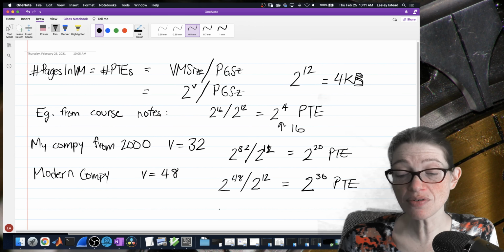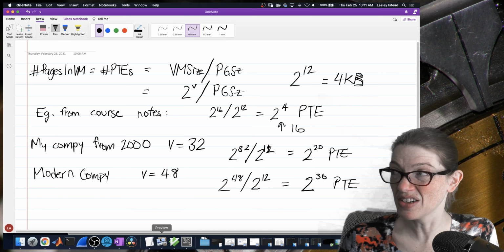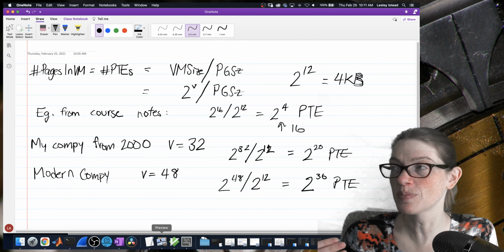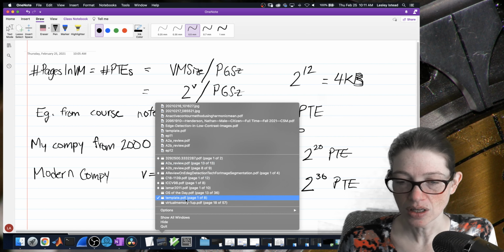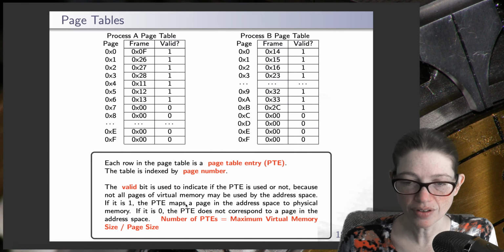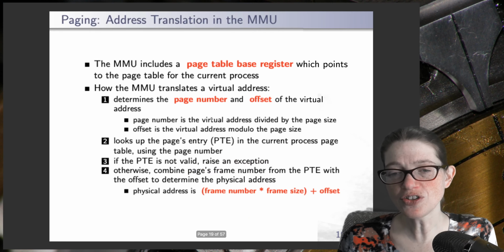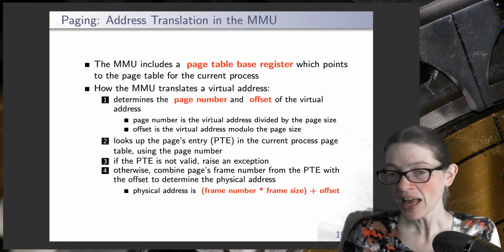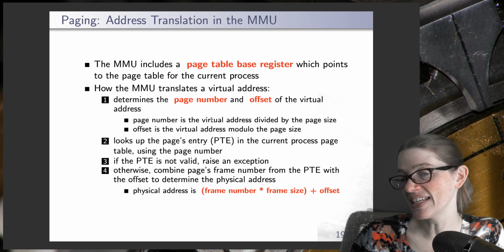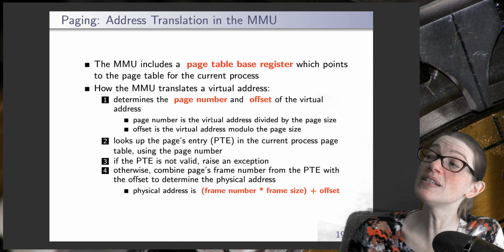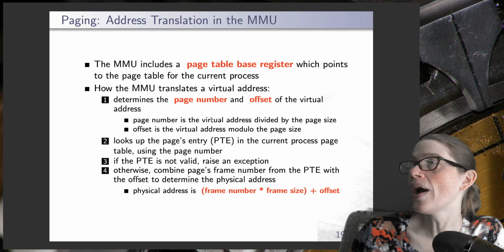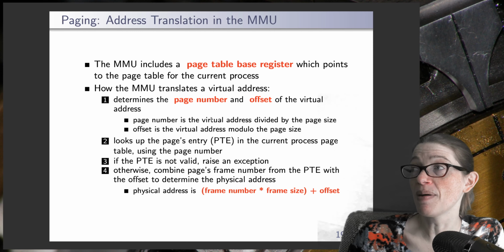What I'd like to do now is look at how you do the address translation. Before we solve this problem, let's translate the addresses, because we haven't talked about that yet. So let's go back to this slide. How do we translate the addresses? Well, our MMU is going to have a single register, the page table base register. It's a pointer to where in RAM you can find the page table for